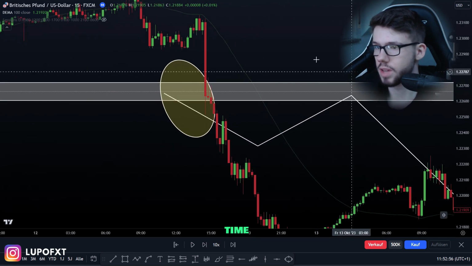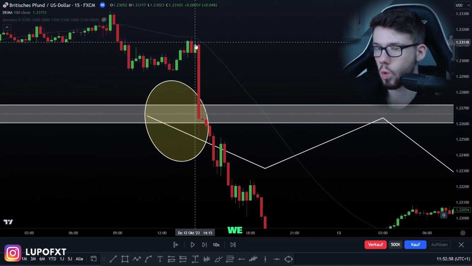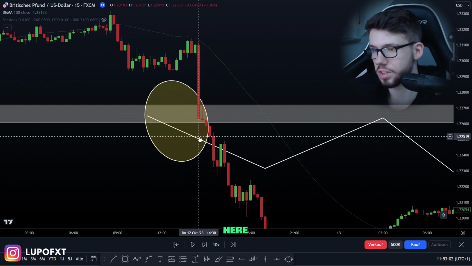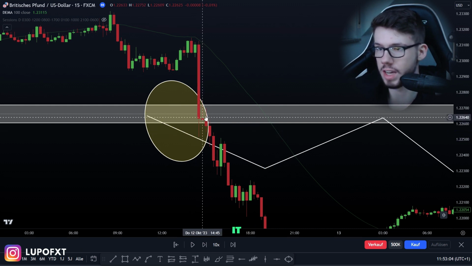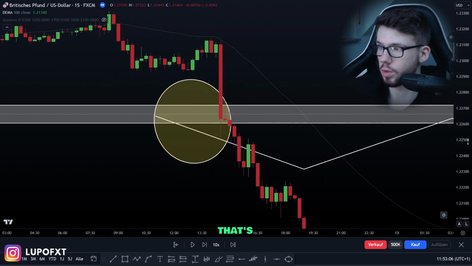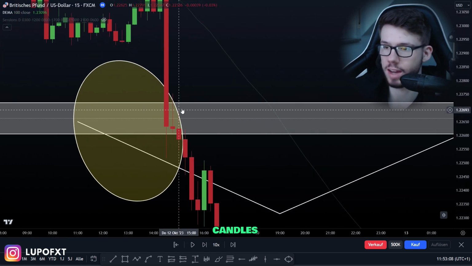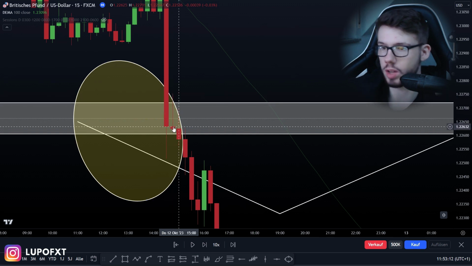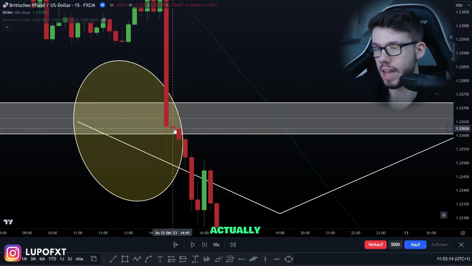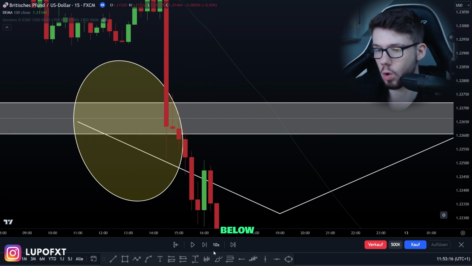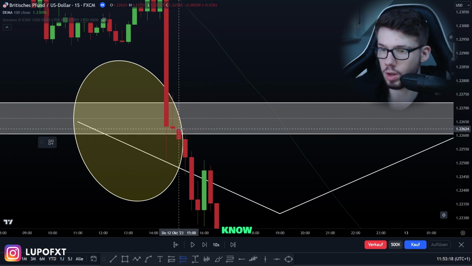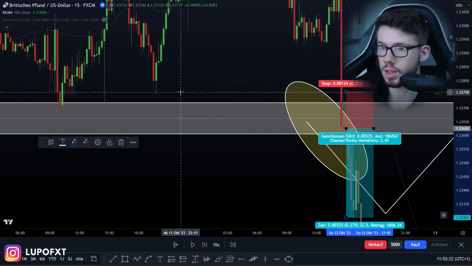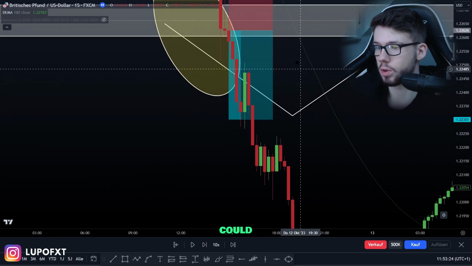Here on the 15-minute time frame, you could have seen we would have gone down, so the wick would have been here, the peak low was here, but the price actually opened here. It tried to push up, but that's why it's important to be able to read candles. It tried to push up, but eventually it got pushed down again, and we printed this candle here. And when the next candle broke down below once again, we could have gotten our entries here, for example, with the stop loss over this candle, a 13 pip stop loss, and then we could just let it